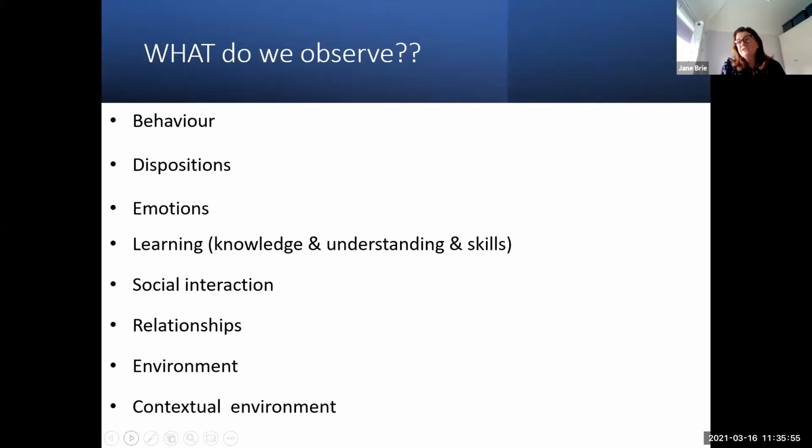We can observe social interaction. We know the importance of social interaction, and we can definitely look at how often, in what ways they interact with others as well. Is it with other children, with peers, or is it with adults? Relationships. So a friend of mine, their doctorate is on looking at, maybe I should be able to say it in one sentence, but from when I spoke to him, it is on, there is often in